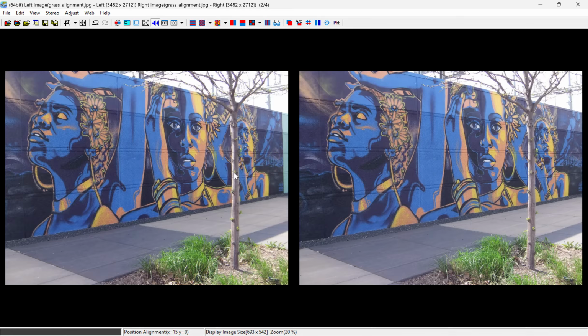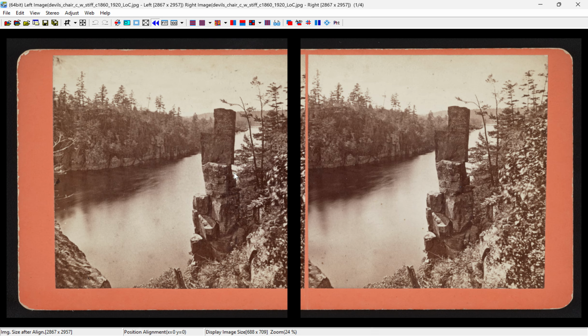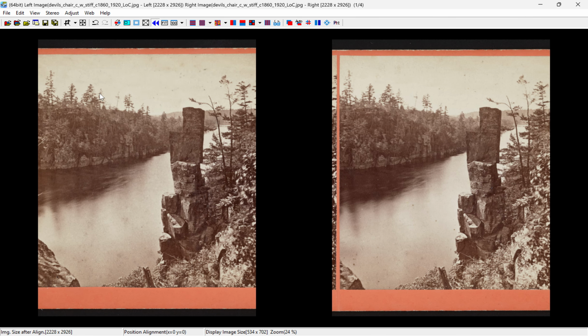19th century stereographers, most of them were pretty sloppy about the window. So you'll see a lot of problems if you're trying to mount 19th century views for projection. So I'm going to go through and use stereo autoline on this. And that, when it crops on the finish, gets rid of most of that junk at the side. I've still got a little bit of septum in here because the view wasn't mounted symmetrically,